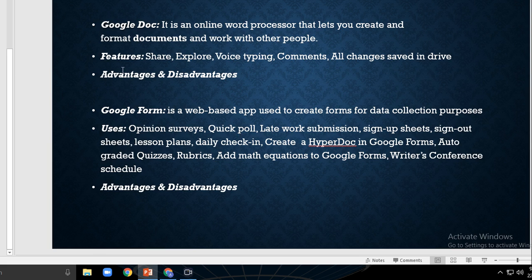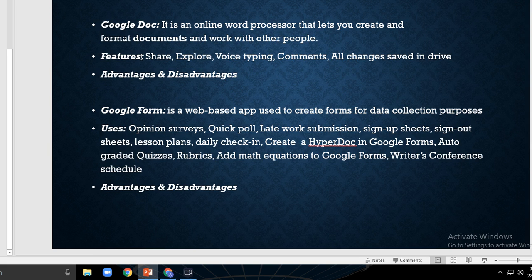Now we are going to see more features of Google Doc. The first thing is share. Here you can share your document with others for them to also contribute to the document. You can partner students up and they can work on the paper at the same time in real time. Online all this process goes on. By clicking on the share button, you or your students can enter the email of another student or teacher, and they can also work collaboratively on a document. So online you can just share this Google document and everyone can work on the same thing.